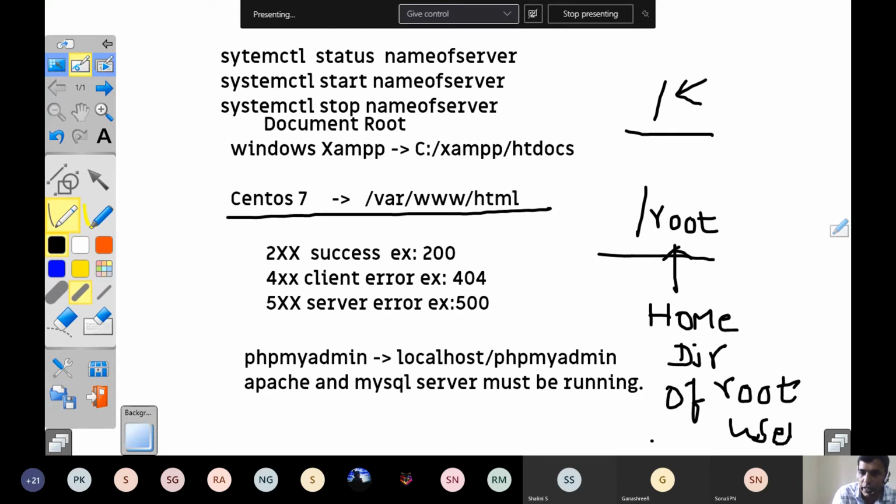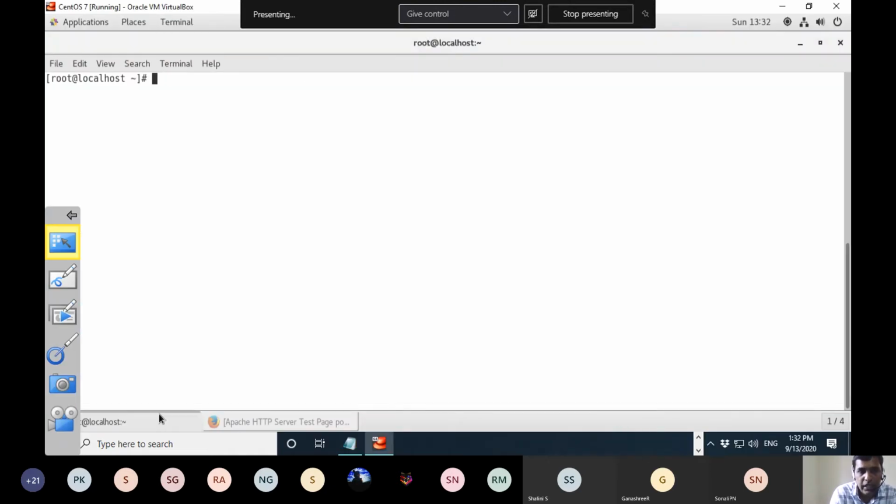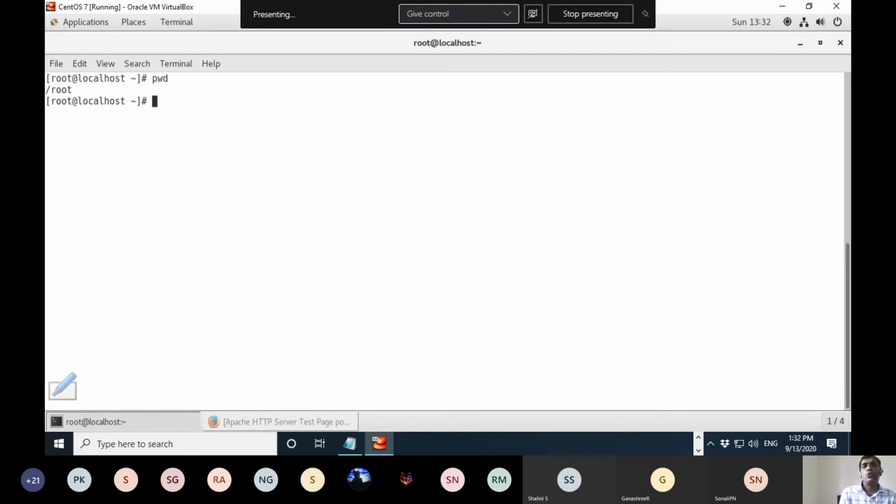So right now I logged in as a root user. So that means what should be my directory? So you can see here. I will give pwd, present working directory. It will show you slash root.